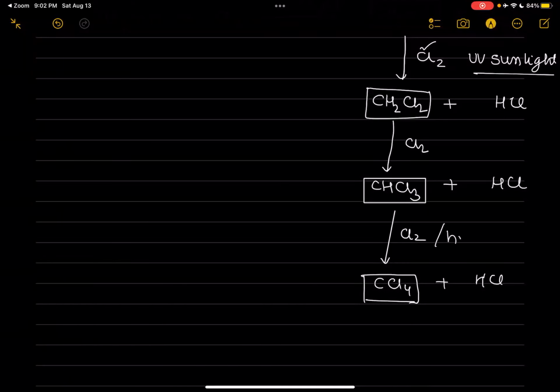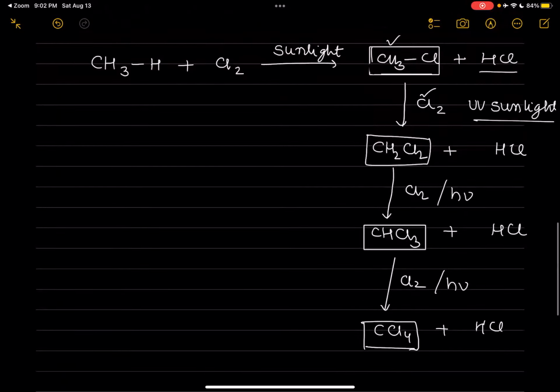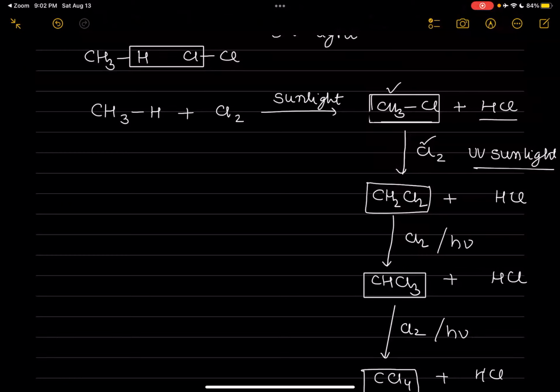Every time you need to write hv or UV light or sunlight, okay? Because it will not react unless you provide some energy, some heat. The bonds are not going to break and it is not going to react. So for the reaction to occur, you need some energy. You need some sunlight or UV light to break the bonds of chlorine. And that's how it happens. So this is the photohalogenation reaction